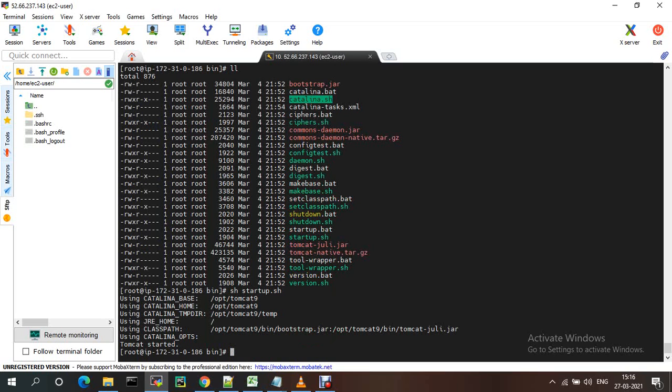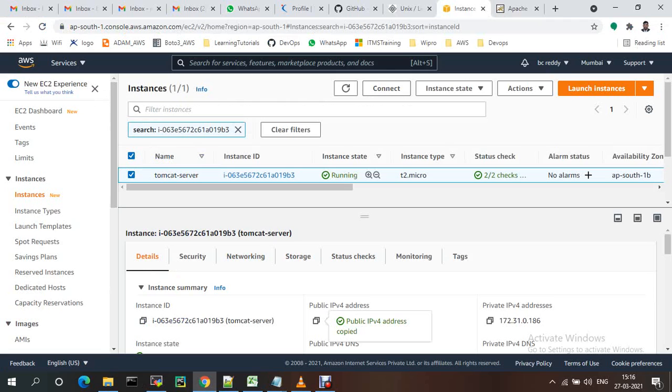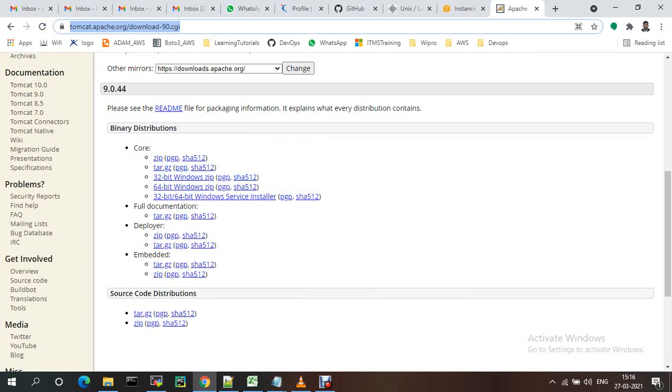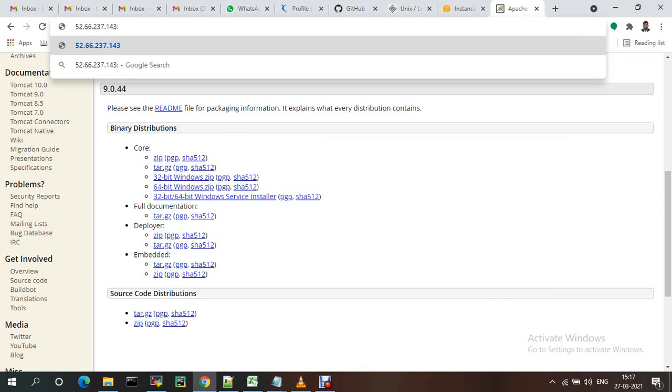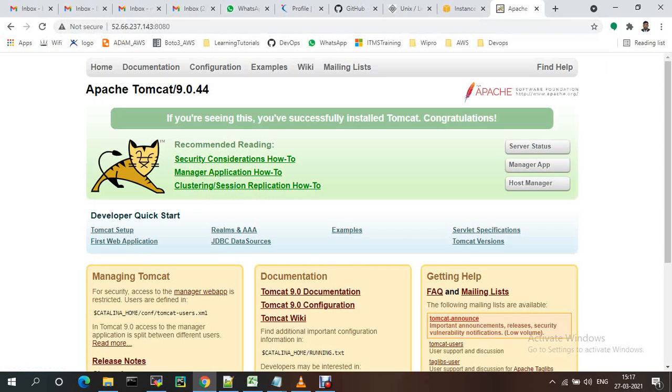It will start Tomcat. I already opened port 8080 on the server, so let me take the public IP and give 8080. See, the Tomcat homepage is coming.